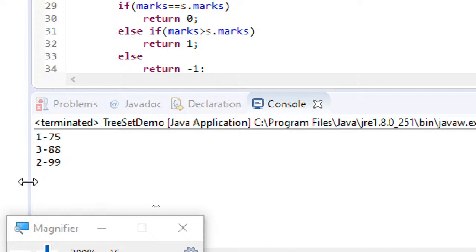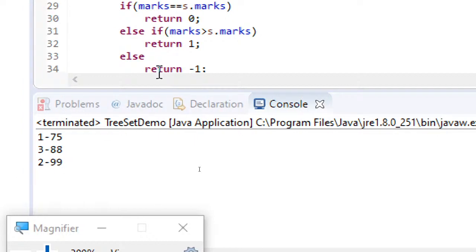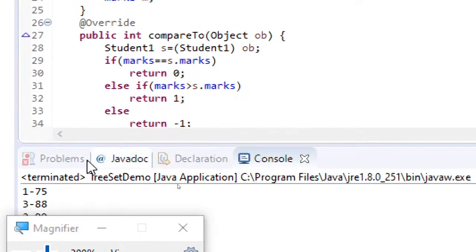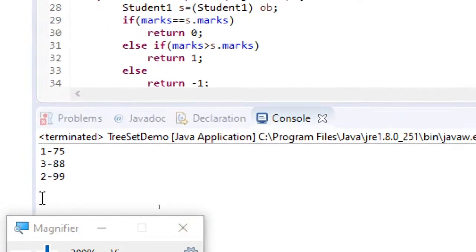It's being displayed with respect to the marks in ascending order, because that's what the compareTo condition we have written returns. Accordingly, it has returned the records in such a way that marks are in ascending order. So this is how you will be using the tree set.